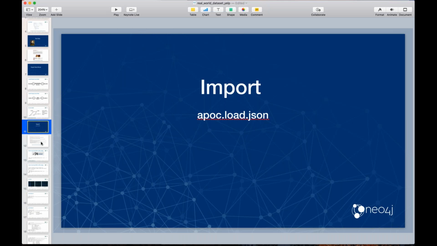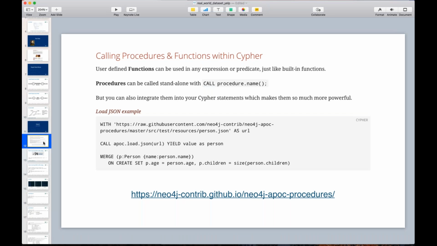If you've ever seen the APOC or the Awesome Procedures on Cypher library, it includes a load JSON procedure. If you're not familiar with procedures, procedures are a way of extending Cypher. And if you haven't seen Cypher before, that's okay. We're going to take a detailed look in a moment here, but just at a conceptual level, I want to